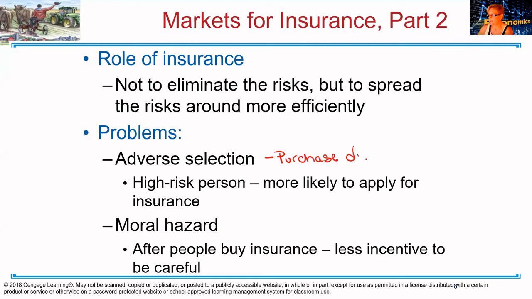Okay, so why do I have this ER insurance? I have this ER insurance because in the past I've gone to the emergency room so many times. I actually can recognize the doctors out on the street. So that's kind of bad. And they started to know me pretty well. I was engaged in high risk activities, which are horses, right? So adverse selection, I'm going to be likely to apply for insurance because I am in a high risk category.